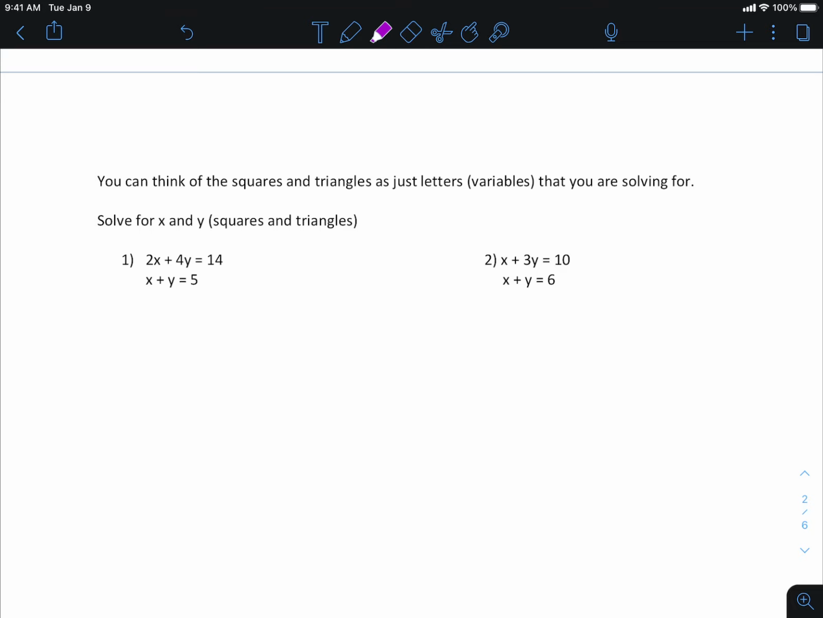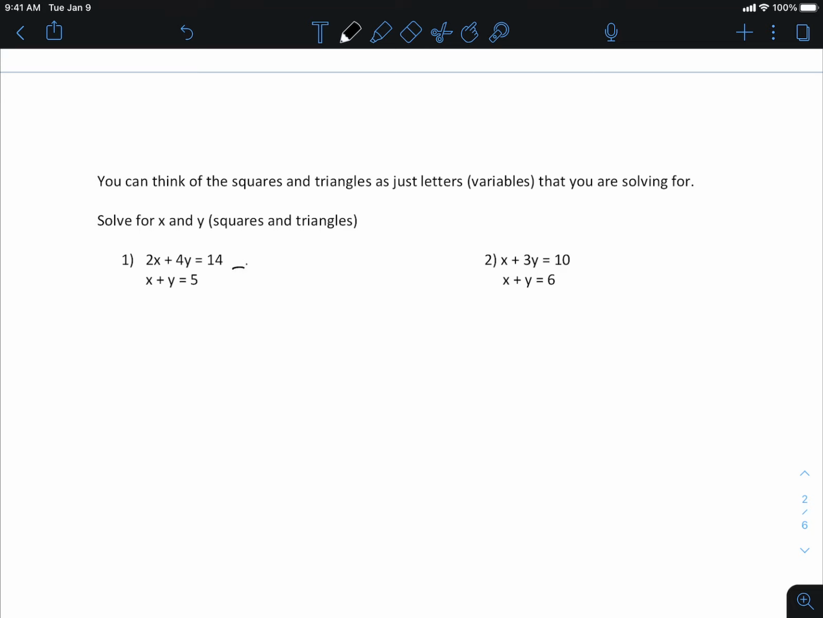I'll do one and then I'll give you guys some time to plug away, okay? So you can think of the squares and triangles as just letters, variables that you're trying to solve for. There's no difference if it's a fire or an umbrella or a drink or whatever it is. They stand for something, and you're just going to try and solve for them, like the pictures, right? So there's nothing stopping you, for the first few that you want to try,